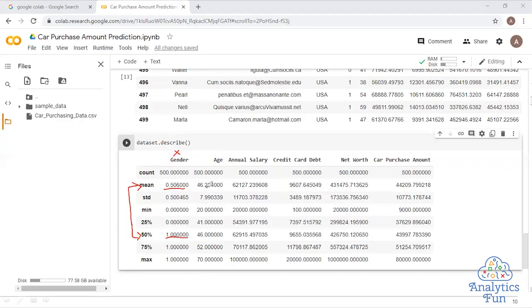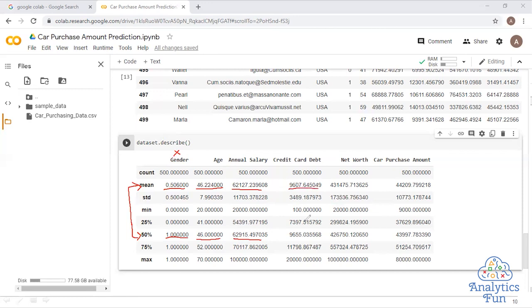Then if we compare for the age, it's 46.22 and 46 here. These two values are quite close to each other, so the data is not looking very skewed on the age front. If we look at the annual salary, again roughly 62,000 and 62,000, so they are also very close. Mean and median are almost equal.